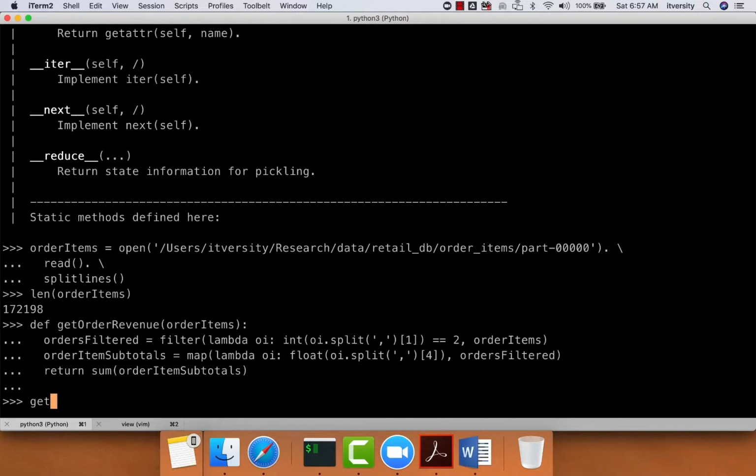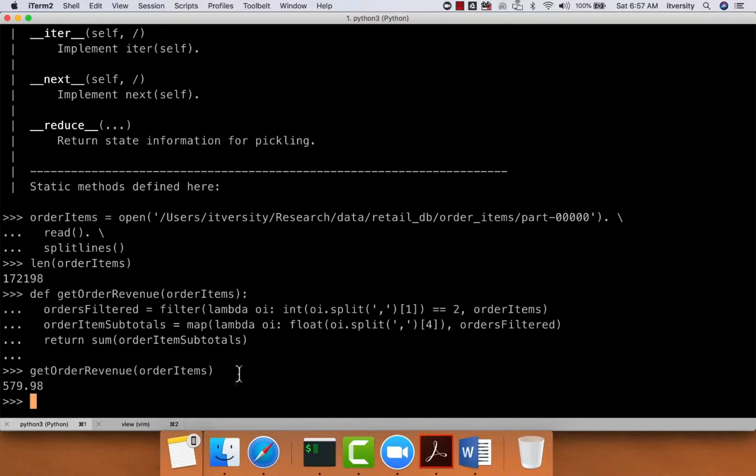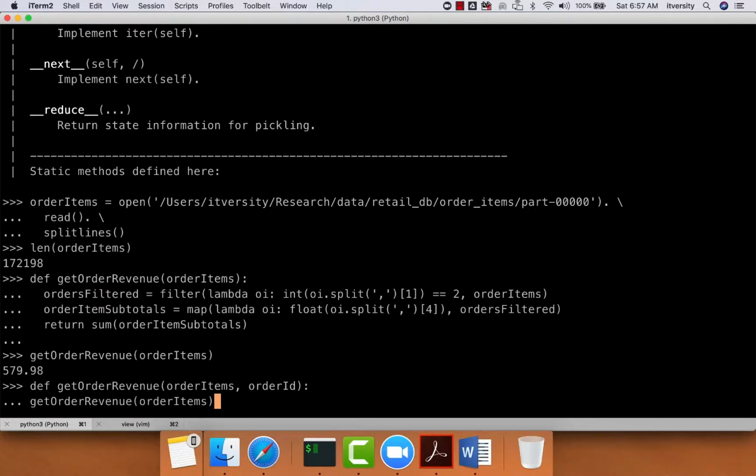So we should be able to validate, and then we will improvise on it. So get order revenue, order items, and hit enter, and we got the revenue for the given order ID. However, here we have hard coded the order ID, which is not good, and hence we will improvise in such a way that the function takes two arguments, order items and then order ID,